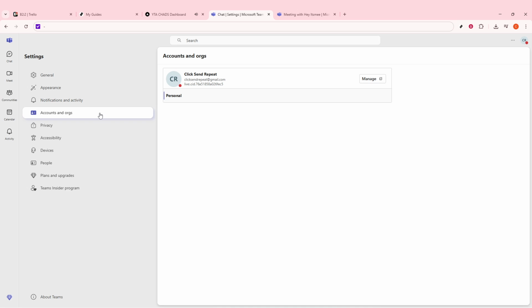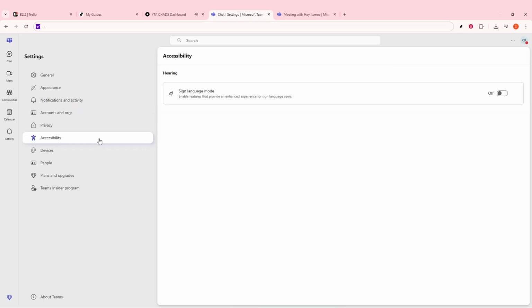Using these options, you have the power to tailor Microsoft Teams to fit your specific needs, enhancing readability and making the application much more user-friendly for you. This can significantly improve your productivity and comfort when using Teams regularly. Whether you opt for the quick zoom-in method or utilize the accessibility settings for a more extended change, both methods are simple yet effective ways to make sure you're not straining your eyes